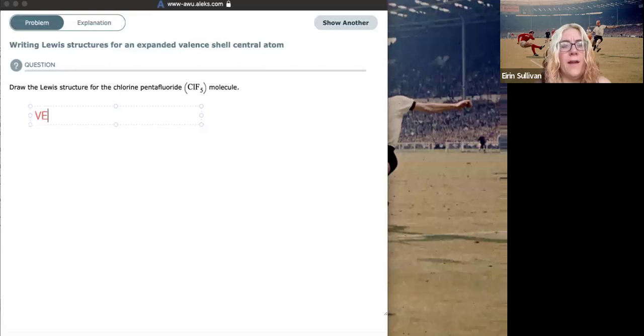So totting up our valence electrons then, we've got 7 from the chlorine and we've got 5 fluorines. So that is going to take us to a total number of valence electrons of 42,